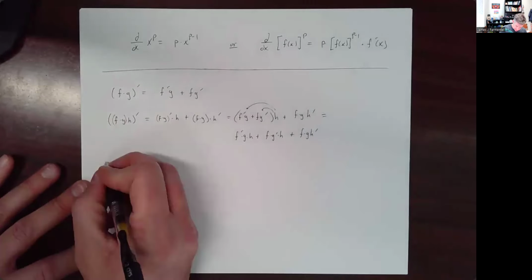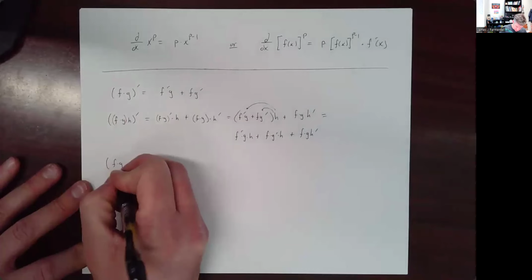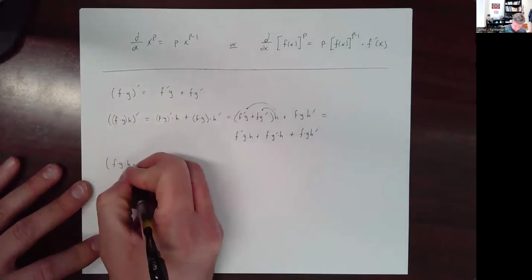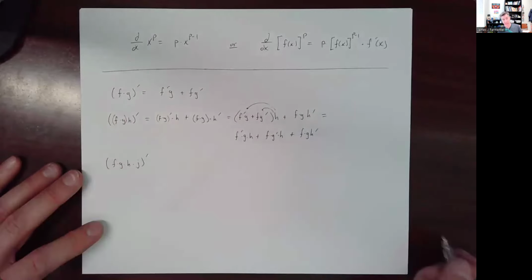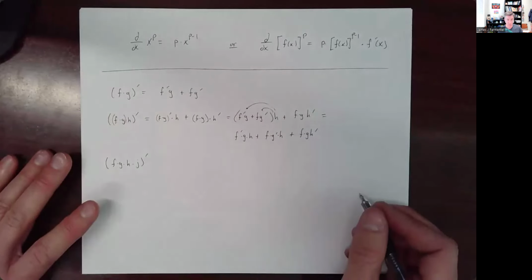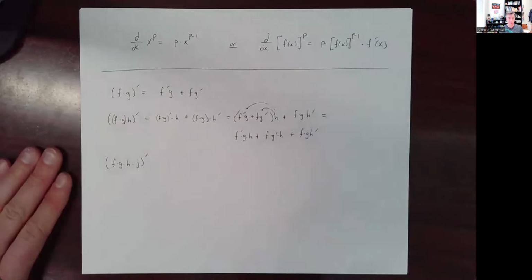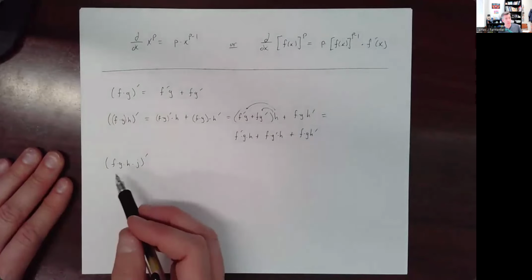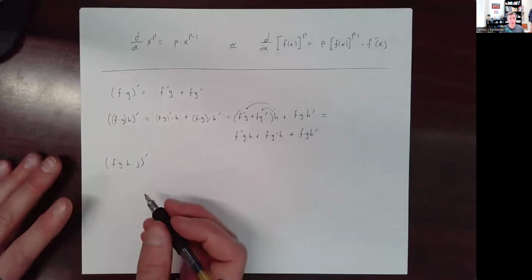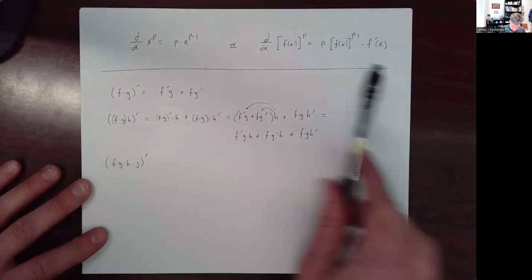So I could say that the derivative of a product of four things, f times g times h times j, I know what the answer is going to be. It's going to be four things added together, and each thing is going to have one derivative and three not derivatives, and each derivative is going to show up once. So f prime once, and g prime once. Or you could still use the rule. You could say, hey, look, I'm going to think of this as